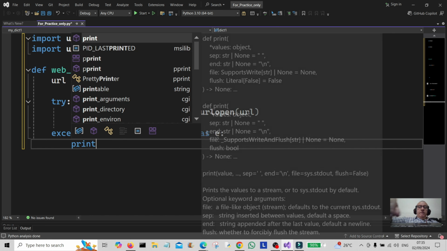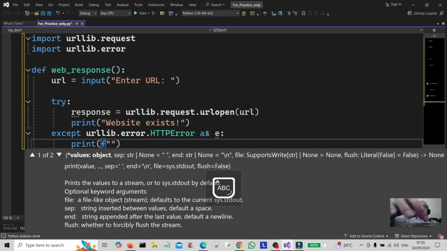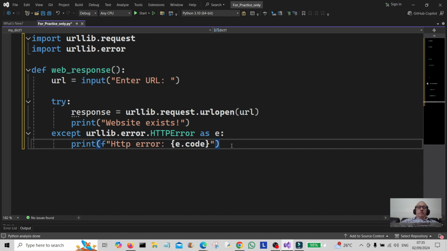We're going to f-string format it. HTTP error, and this is going to be e.code. Okay,